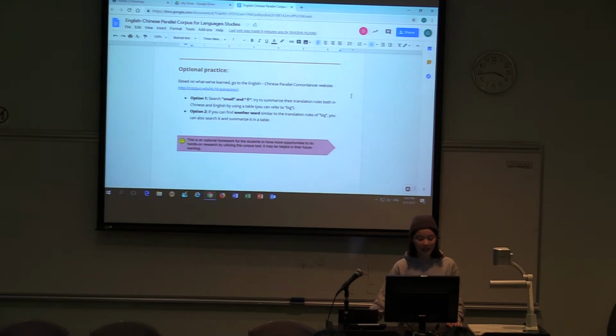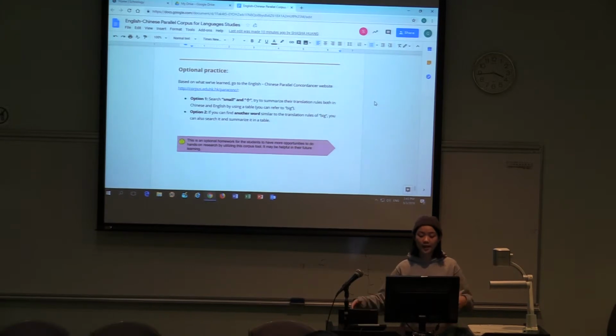So we chose an optional practice for them, and we have two options. One is to search for "small" and 小, and option 2 is if some students are more able,